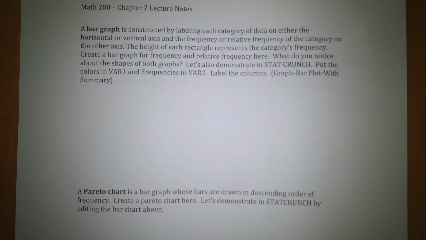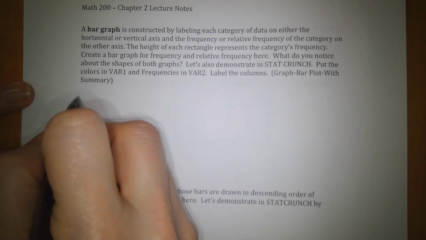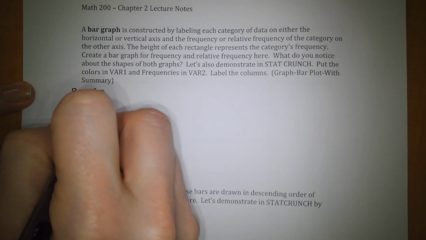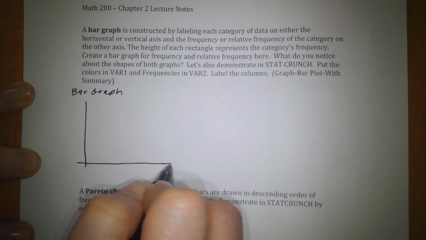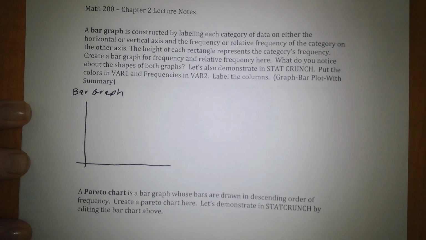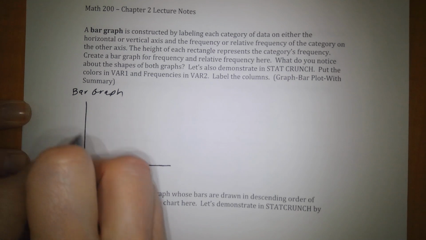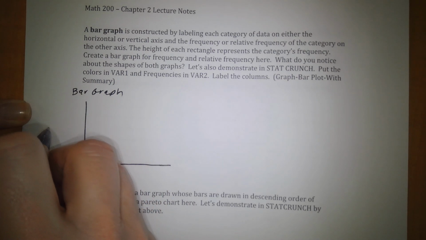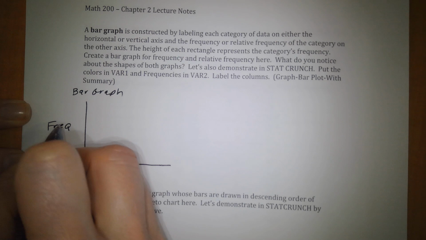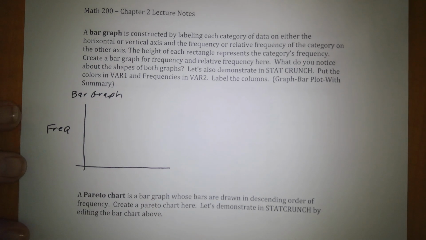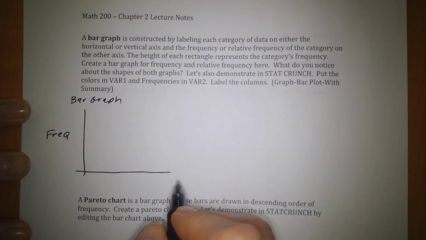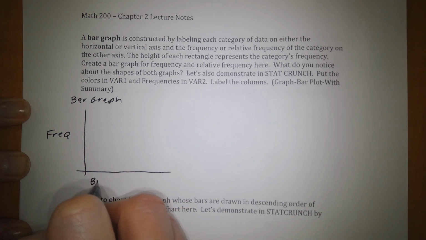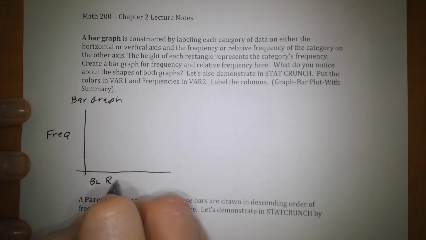Then let's ask some questions. First, I'm going to illustrate a bar graph. Now, a bar graph has a vertical and a horizontal axis. In a bar graph, you're going to put the frequency along the vertical axis, and we have the frequencies on the previous table from the previous page. Along the bottom, we will put the colors. We have blue, red, brown,